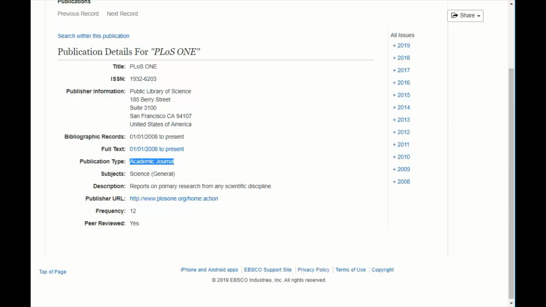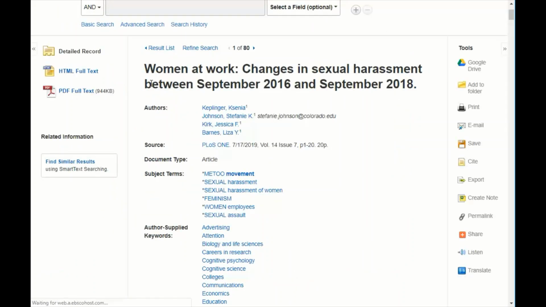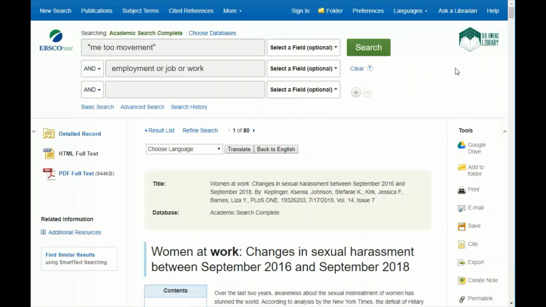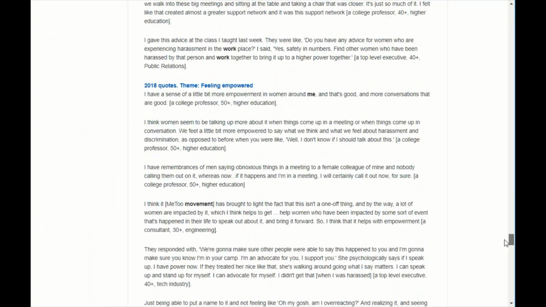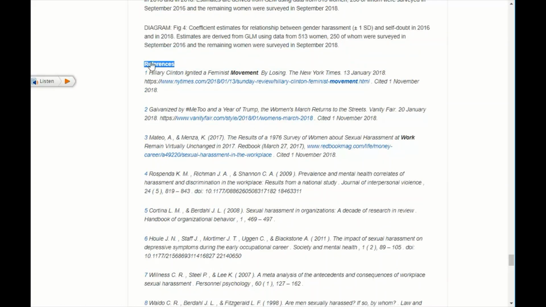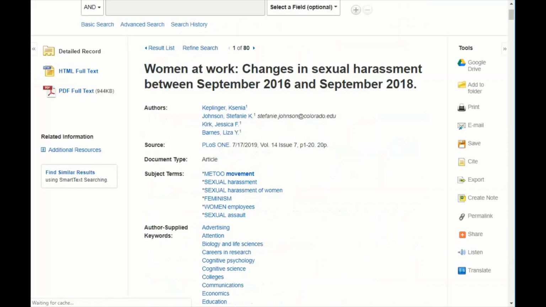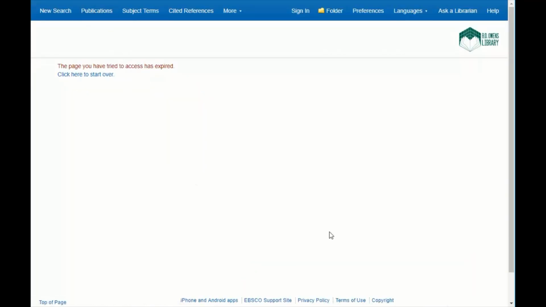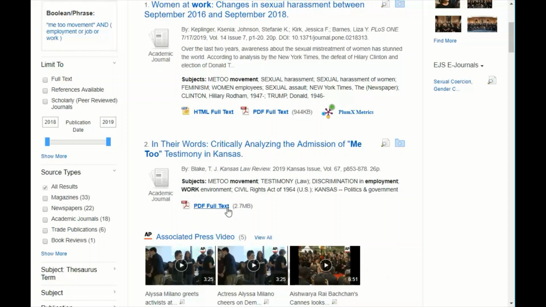The final thing to look at when you're evaluating whether or not you should select an article, if it's credible for your topic, is to look at the references and the sources that they used. Do they provide a reference list or a bibliography? You can click on the article itself and scroll to the end of the article and see, are there references listed? Or sometimes in an article, like the second choice, I can click on that PDF full text